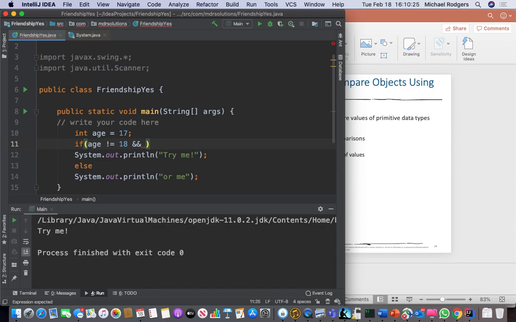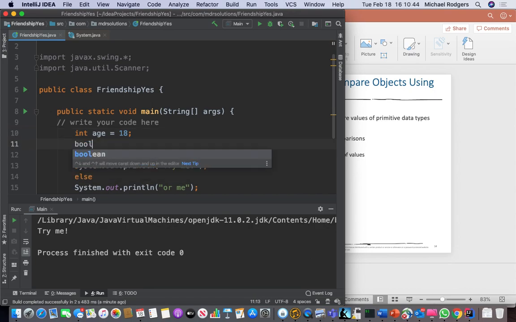There has to be two of them. So we'll just say true. So to make this make more sense, let's do that. When the age is 18 and it's true. Well, let's apply this to a variable. Boolean,